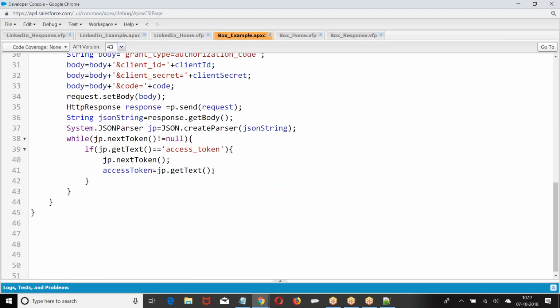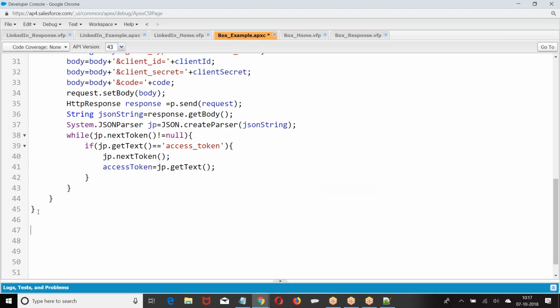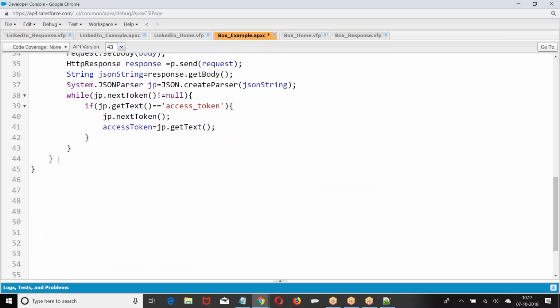Till here, we made an access token and everything. Now what I want to do is create a folder in box.com. From Salesforce, I want to create a folder in box.com. Public void